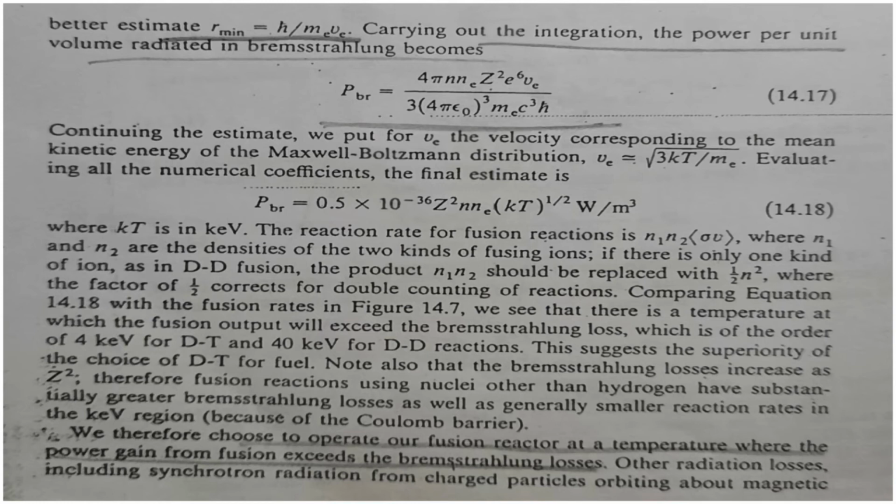Before moving further, we need to have a look at the two nuclear reactions which are commonly used for power production. They are the DD and DT reactions. The deuterium-deuterium reaction, that is the DD reaction, involves the combination of two deuterium nuclei to form a helium-3 nucleus and a free neutron. The DT reaction or the deuterium-tritium reaction involves the combination of a deuterium nucleus and a tritium nucleus to produce a helium-4 nucleus and a free neutron. The most common form of an inertial confinement machine, for example, uses a fuel that consists of equal parts of deuterium and tritium.